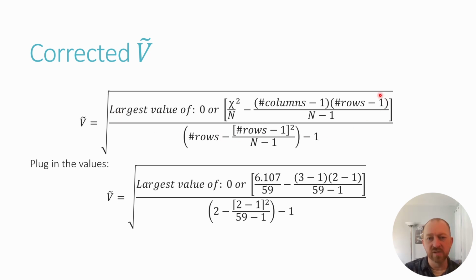So here again is the equation that I already had, and now I'm going to plug in the values that we know. Our chi-squared value was 6.107. Our value of n, of course, is 59. We had 3 columns, so 3 goes right there. I'm going to subtract 1 as it says. We had 2 rows, and so I'm going to plug 2 in right there. Again, n was 59, so 59 is going to go right there, and as you see, it says to subtract 1 from it. Then down here, again, we had 2 rows, so that goes there, and 2 goes there as well. Again, 59 goes right there. Everything else should be the same. The minus 1s go there. I'm going to square that difference right there, and of course, minus 1 there. Okay, so now all we do is